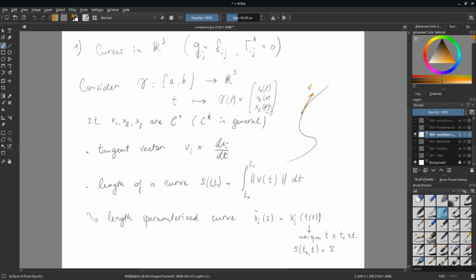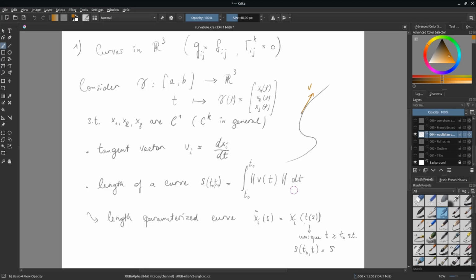And because we have a curve that's embedded into R3, which is a manifold, we can ask about the length of that curve. And it's simply, let's say I start at t0 and end at t1 and want the length of the curve segment between these two points. I simply integrate the norm of my tangent vector between these two points. So that's nice and good, but usually when we use curves, we want to have a normalized